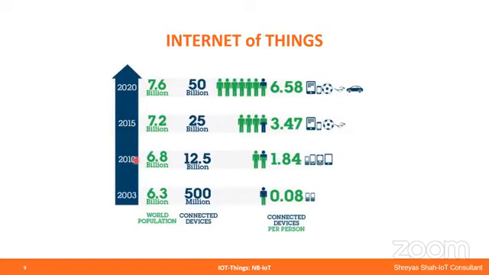Each and every person was having smartphones. Using smartphones, we were connected to the internet and to cloud storage, and with some other devices, there was a gradual increase in connected devices per person, approximately 2. Then right now, in 2020 it was said to be 6.58, but these days, we can count them on our fingertips. It's almost nearly 9 to 10 devices minimum.